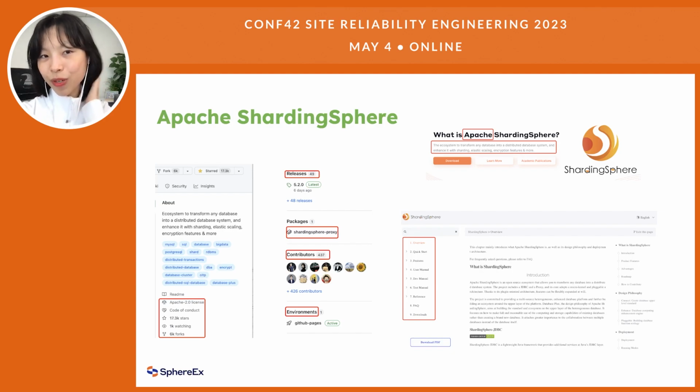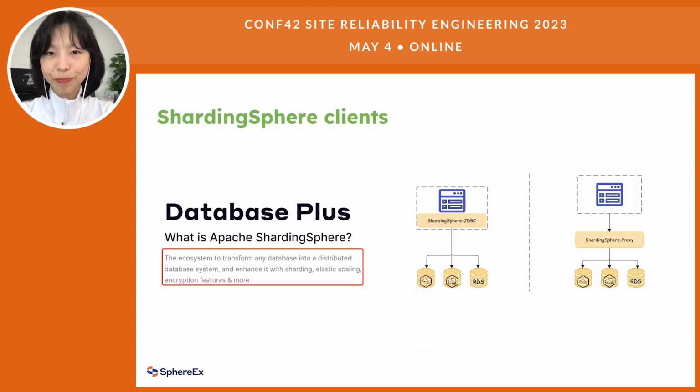So it's a big community. It's a very popular open source project, and its documentation and use cases are of good quality for you to use it or to learn more about it.